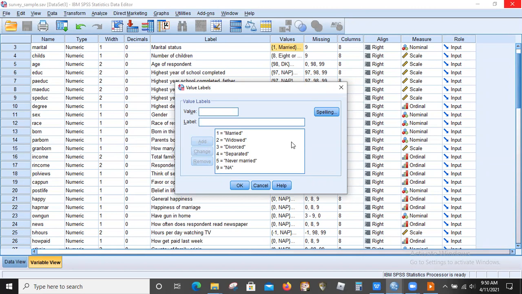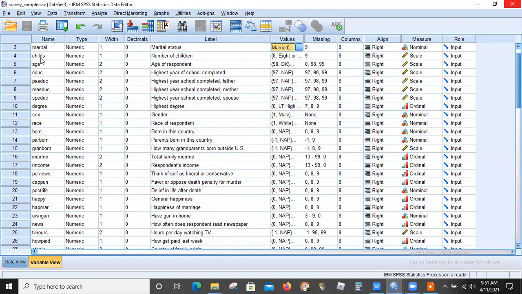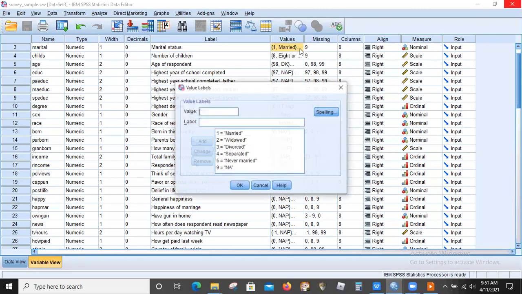A qualitative variable or categorical variable can be further divided into two categories. It can be a nominal variable, or it can be an ordinal variable. So for example, if you just look at this particular variable, marital status, okay? Then, for example, the first category, particularly in this data set, which is coded 1, is married. The second